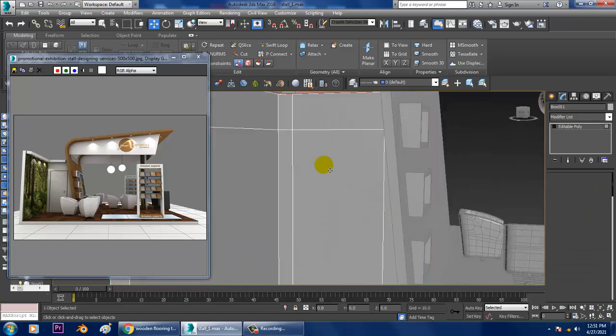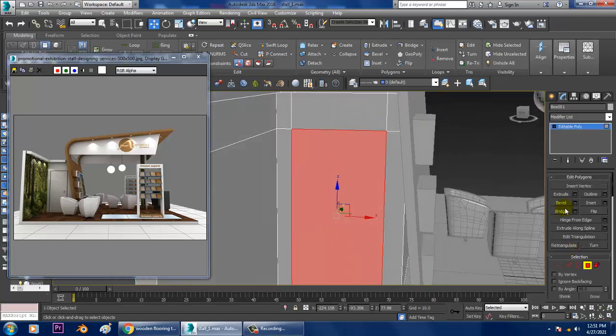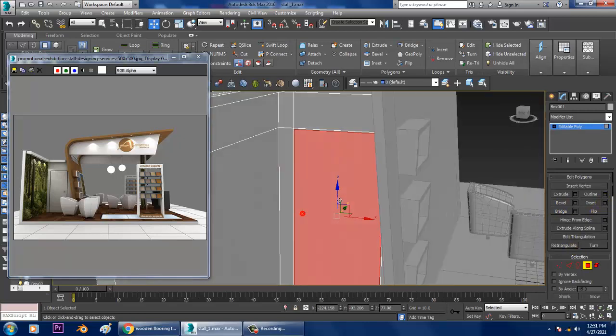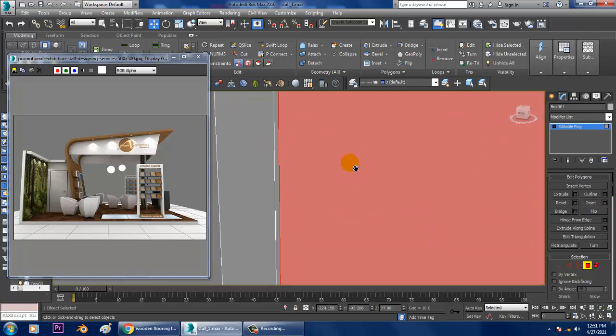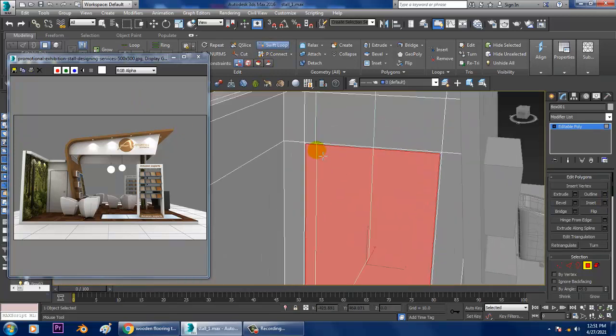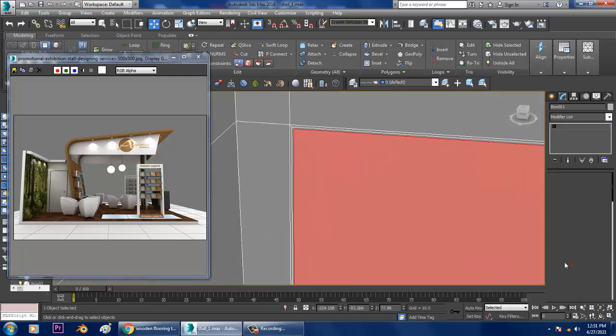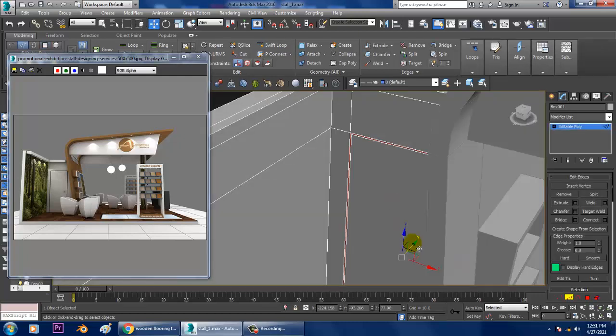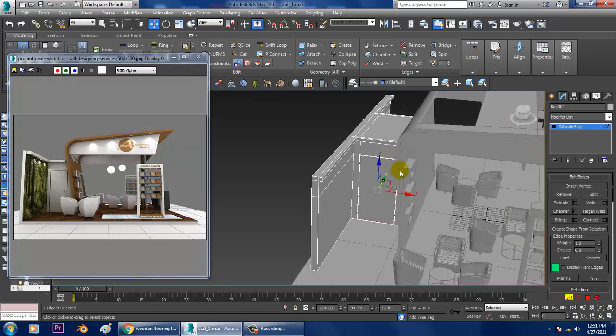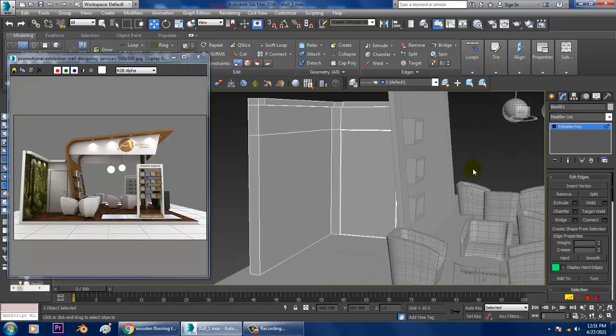Let's go into the polygon and I'll give a bit of inset, and a bit of a loop over here. Select the edges and slightly push it inside. That's it.